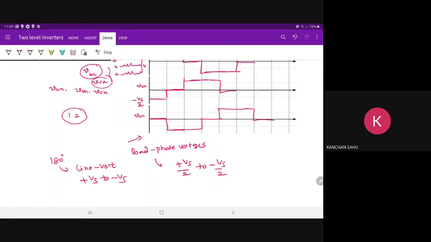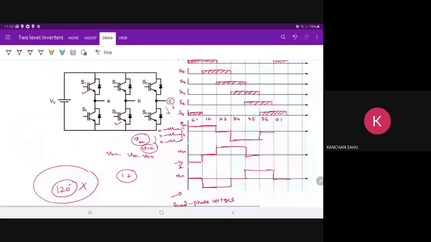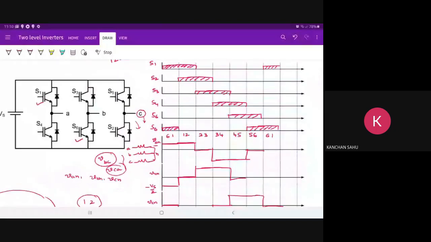Okay. So generally this 120-degree mode is not used anywhere. Why? Because the first reason is, in any 60 degrees, one phase is left open, right? One phase is left open. So when the load is highly inductive,